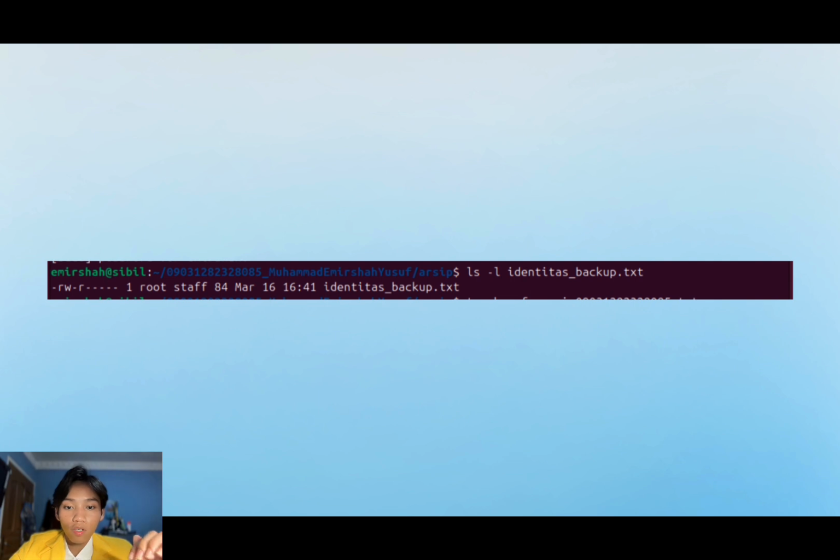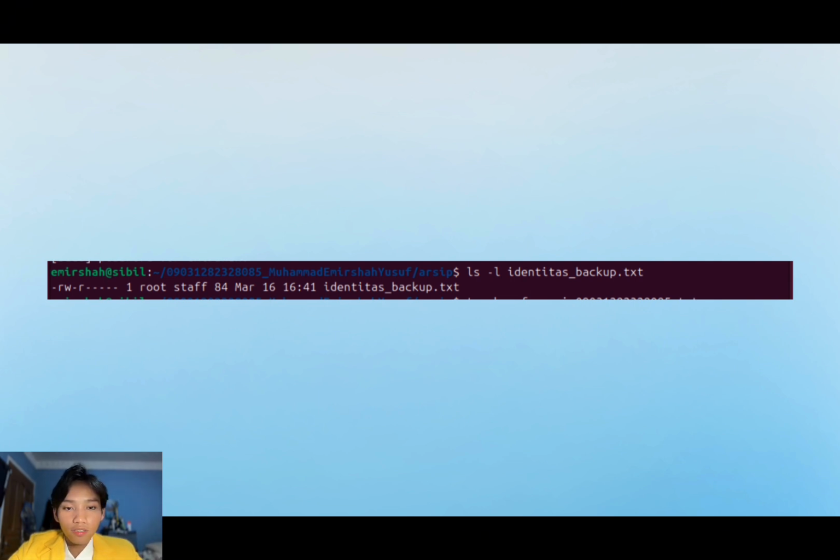The output reveals that the file now has the correct permission: read, write, read, and then nothing, where read write allows the owner, the root, to read and modify the file, while the R grants the staff group read only access and prevents all other users from interacting with the file. Additionally, the ownership section of the output confirms that root is now the file owner and staff is the assigned group. By following this structured approach, the user enforces best practice in Linux file management.